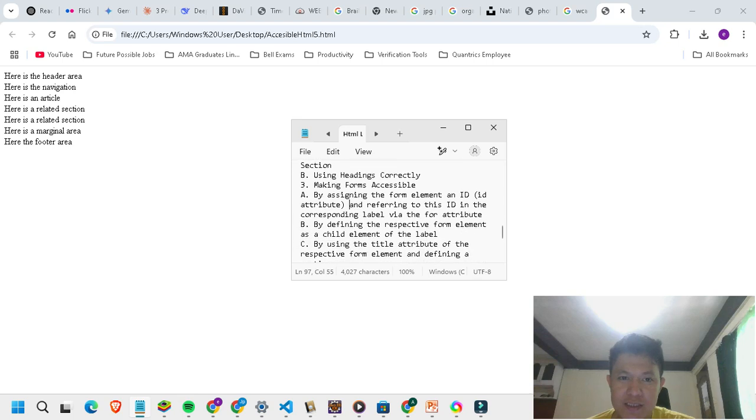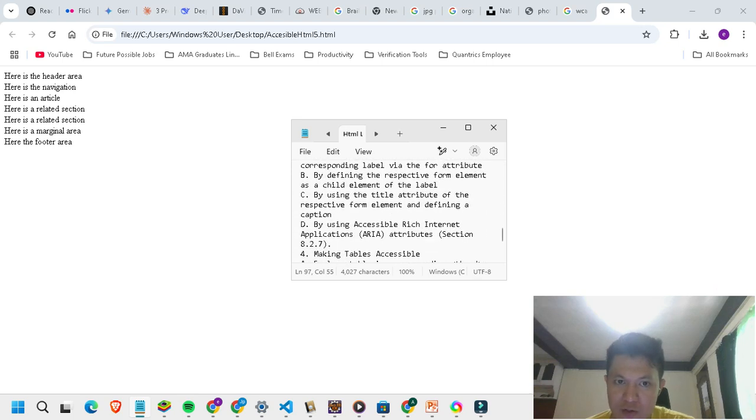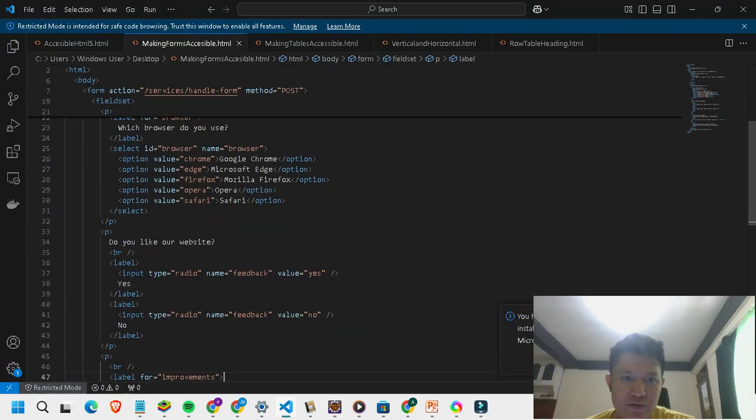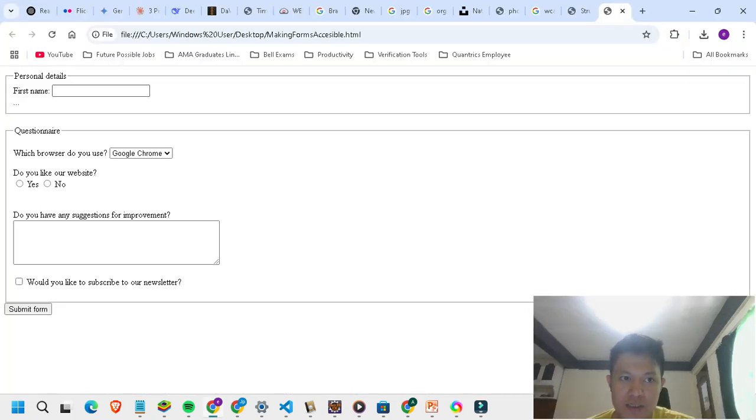Making forms accessible. There are four ways to make forms accessible. First, by assigning the form element an ID attribute, and referring to this ID in the corresponding label via the for attribute. So this is an example of making a form accessible here. As you can see, it's organized and grouped. When a screen reader points to this web page, it automatically shows the title of the form.